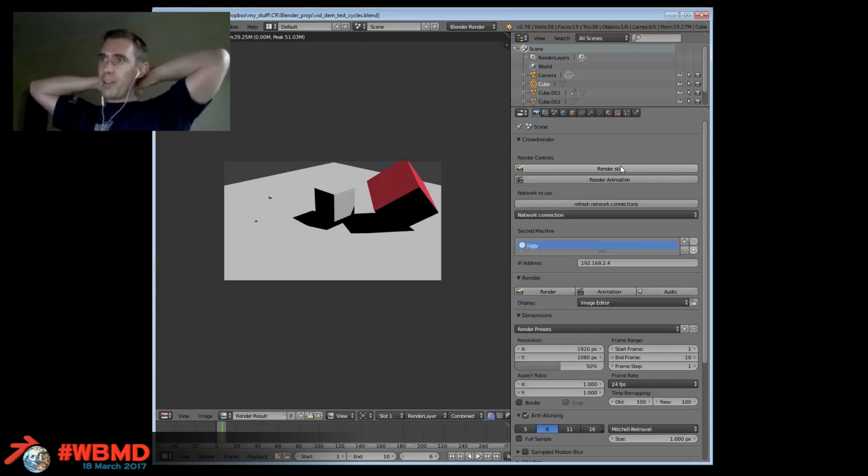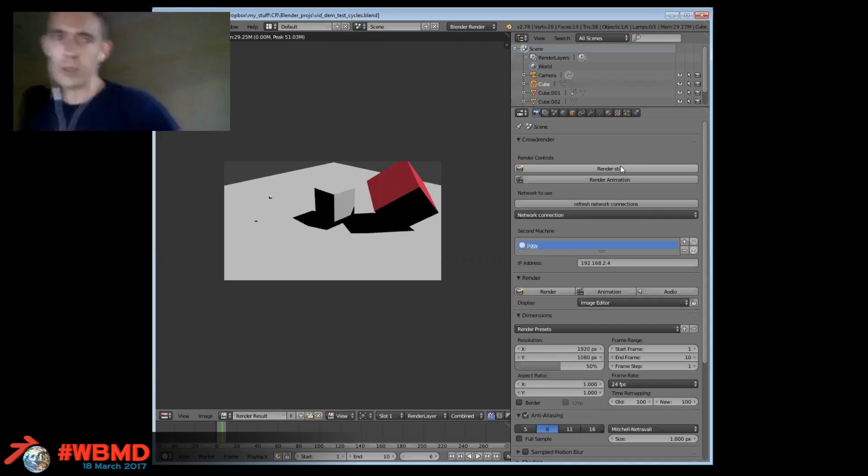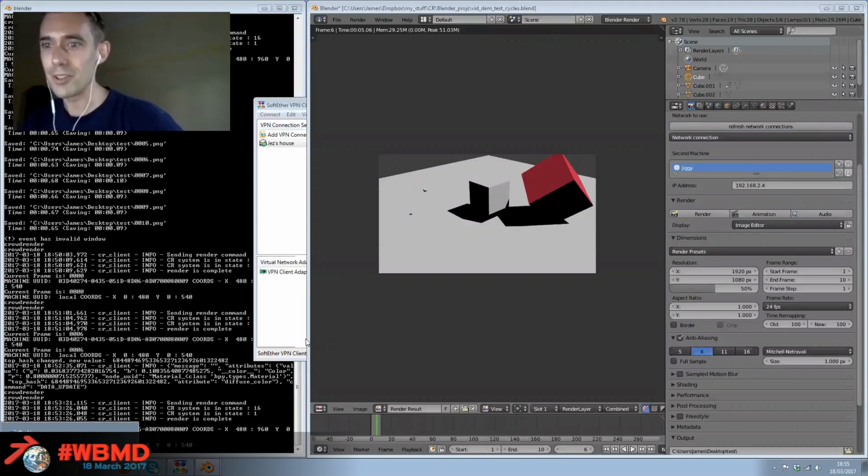We might still limit that to a handful just for testing how this thing scales, because you wouldn't want to go for like 20 machines and then find out that it takes a long time for the uploads. Even though the uploads are quite small, there is a bit of latency every time you add a new machine. So performance should scale linearly. So if you had 3 machines, you'll find that your renders will take about a third as long. Again, it depends on what's actually in your scene. So there's a lot of technical stuff that we're trying to work on to make it much easier to predict the performance lift. Okay, so what I want to show you is,